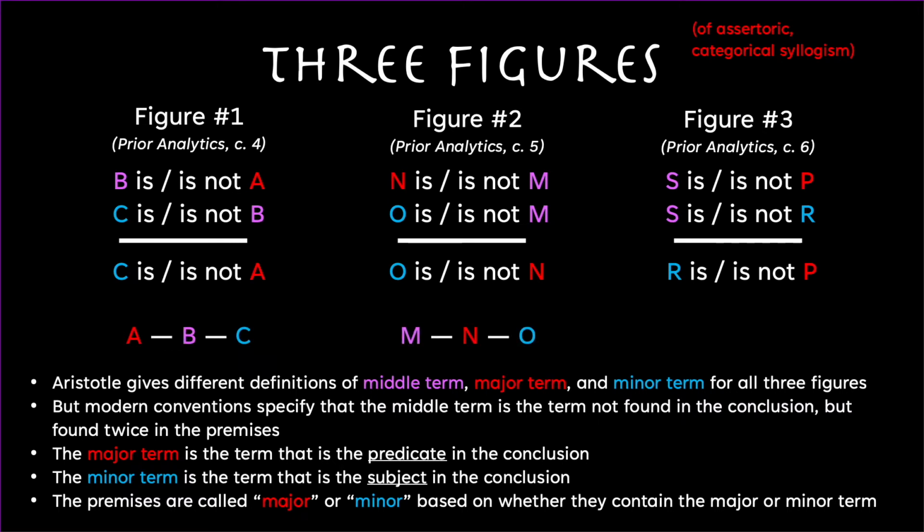Now, Aristotle often gives an abbreviated version of each of these figures. A, B, C for the first figure, M, N, O for the second figure, and P, R, S for the third figure. In this video, we could largely ignore the purpose why Aristotle gives this threefold division. But you'll notice that for the first figure, the middle term appears in the middle. For the second figure, the middle term appears first. And for the third figure, the middle term appears last. But again, we could largely overlook this convention used by Aristotle for this video.